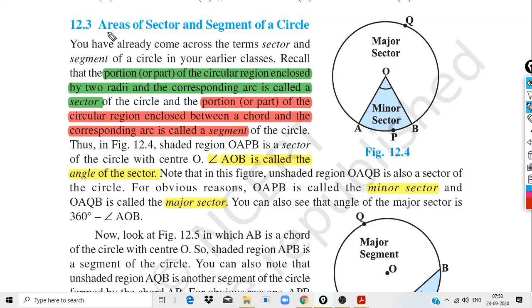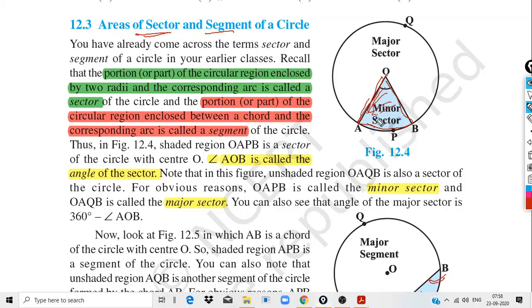So today we are going to discuss area of sectors and segment of a circle. Before going to area, we will first see what is a sector and what is a segment. Basically you know this from class 6, still we will again say what is sector and what is segment. You can see in this figure, this portion is a sector and we'll move to the segment in this section. First we will move to sector.